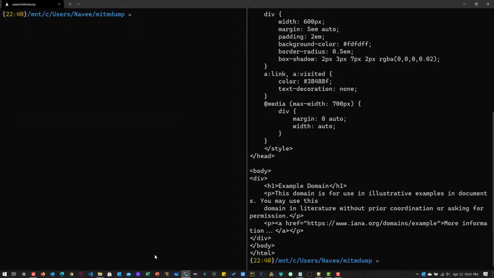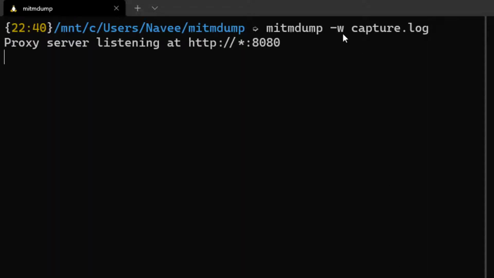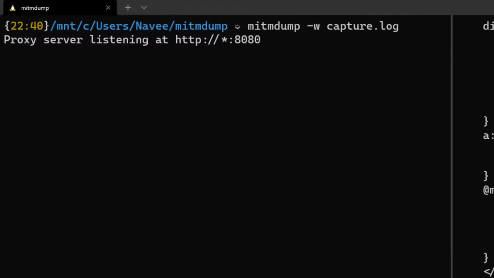Now we are going to see how you can write the information to a log file. To write the HTTP request and response details, you can leverage -w. So just type mitmdump -w, and we can give some name like capture.log and hit enter. This will write all the information to capture.log in the current directory.